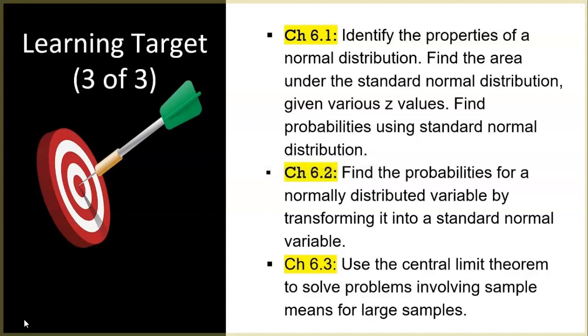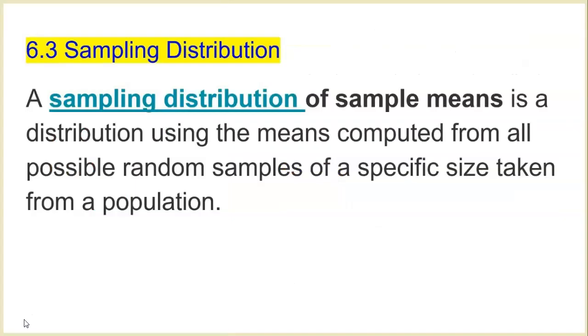For section 3 of chapter 6, we still look at a similar process of what we talked about in section 2, finding probabilities from a normally distributed variable, except now we're looking at a sample mean and using a sample mean to find probabilities. So before we get into that, I first want to talk about what a sampling distribution is,